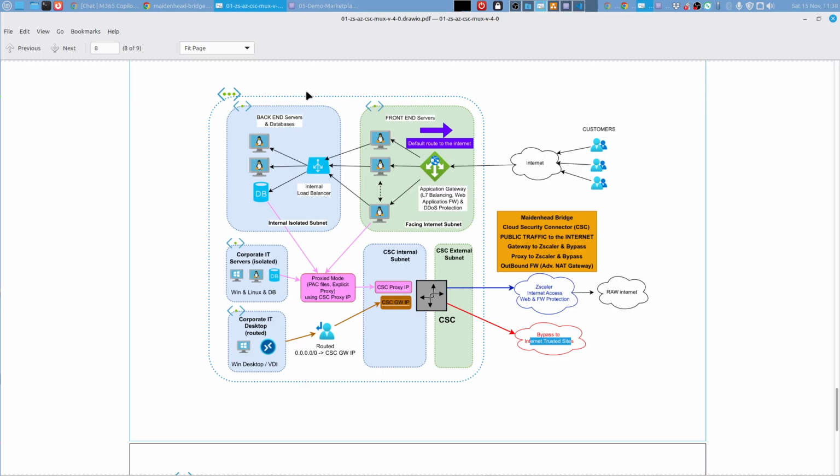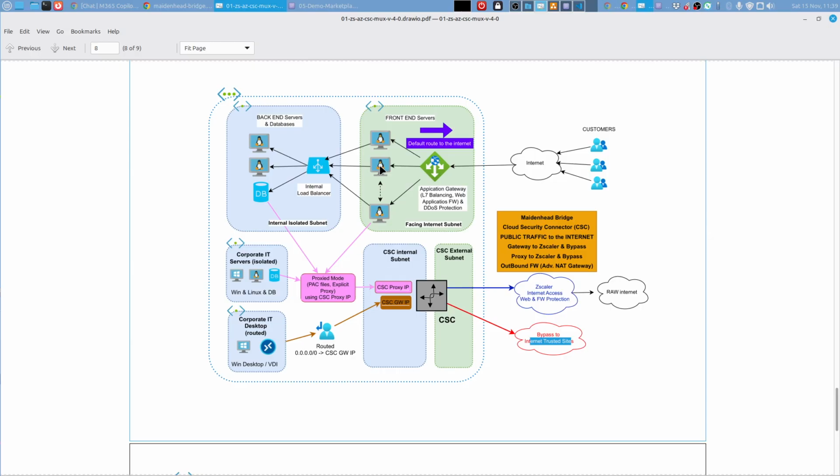But when you have this type of servers, internal servers, and you don't want them to go to the internet, or you want to protect them a little bit more, then the best way to do that is to use proxy mode, especially in front-end servers, because the front-end server has the default route to the internet. When the customer comes here, you need the default route to reply to the customer. But when this server is going to the internet, it's not replying to requests. When going to the internet for security updates or these types of things, or you have Java, you have functions,